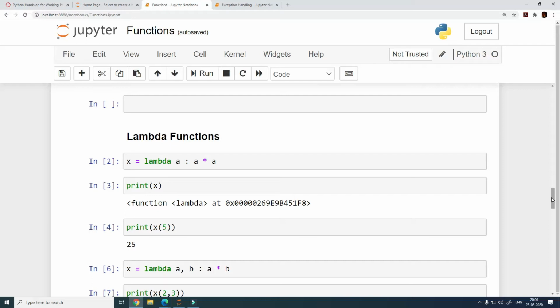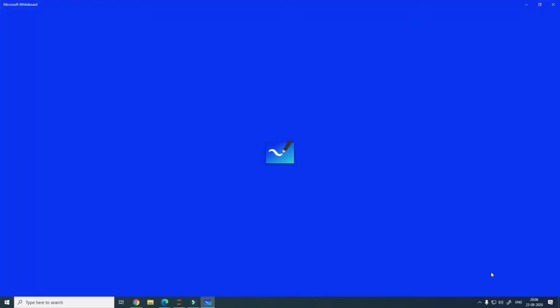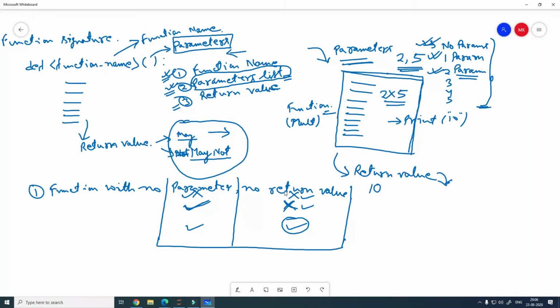So let's look at the lambda functions to begin with. A lambda function is nothing but a user defined function. It is no different than any user defined function, right? Why this is so important is because of its usage, the way we define it and the way its lifespan is defined. So think of it this way: a lambda function is nothing but a user-defined function, but it does not have a name. We will try to define this and see how it is different than any